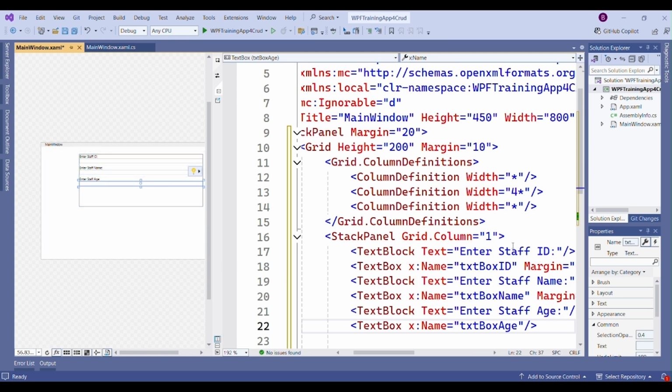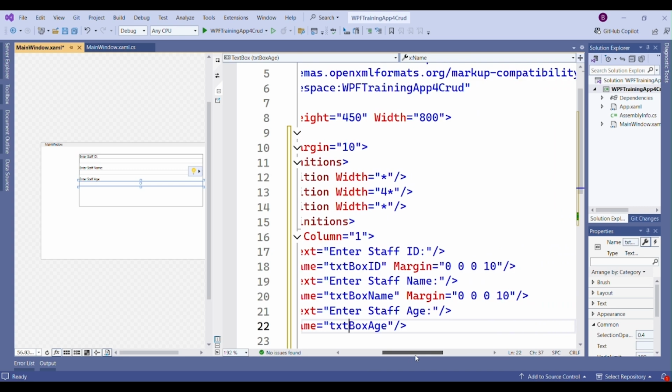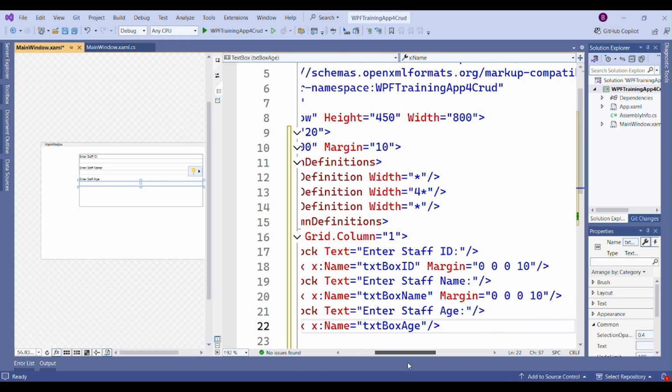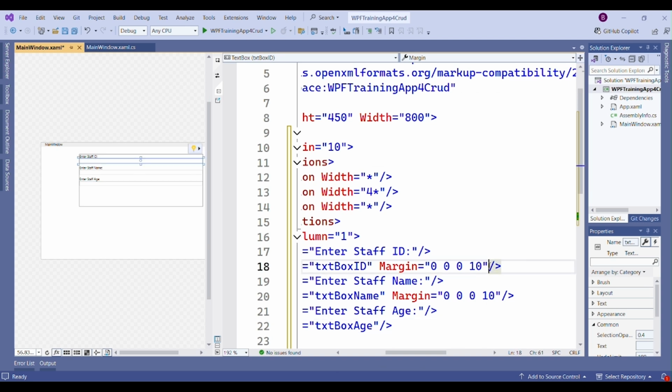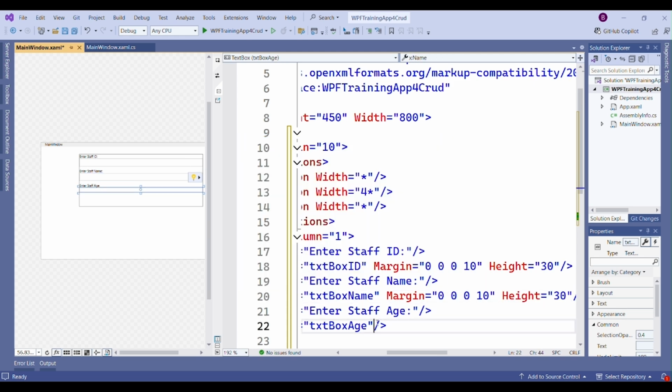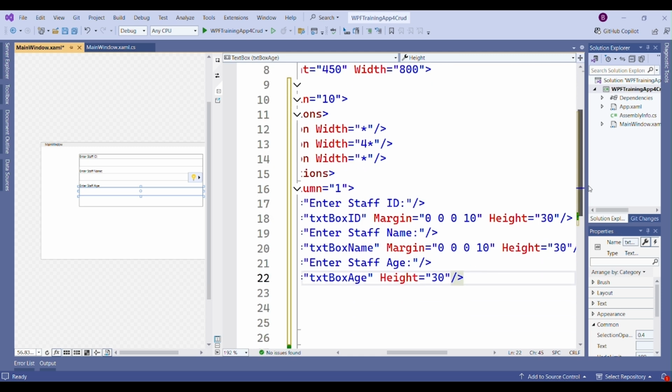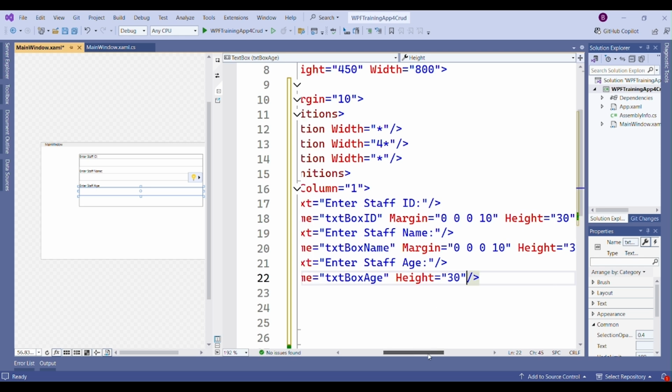So now the other thing is to see the height of these data entry labels. The text box labels appear to be too narrow, so we can increase the height a bit by putting a height parameter here, and then we can say height of 30 and see here. 30 seems okay. So you can now copy this and make sure that you get that across to all text boxes so that they look the same. So they are all 30 now. And with this, we have our basic UI ready, at least designed